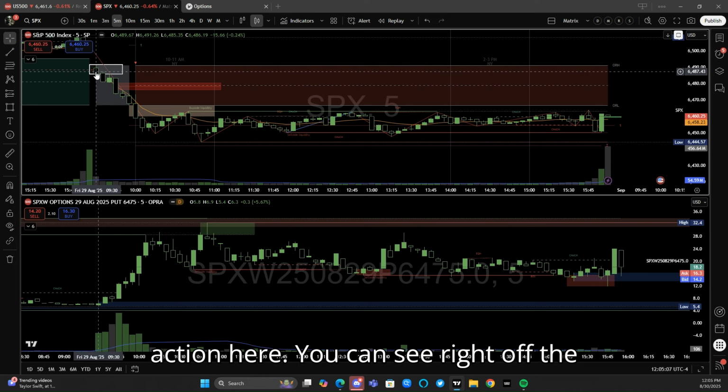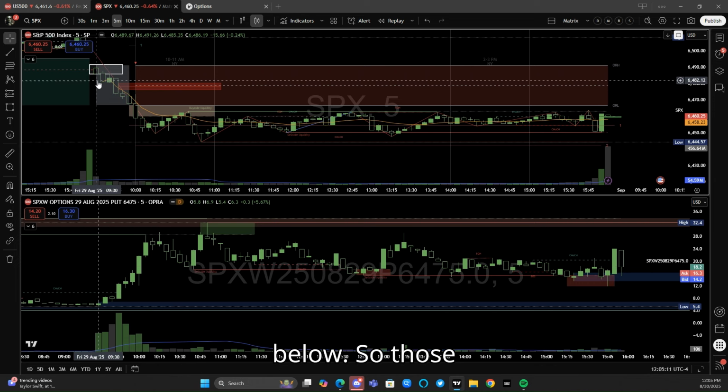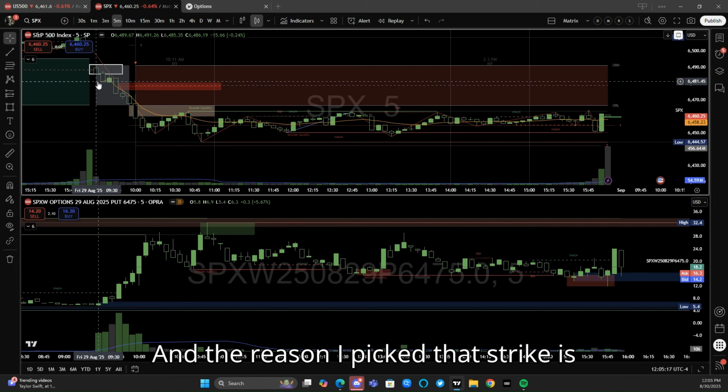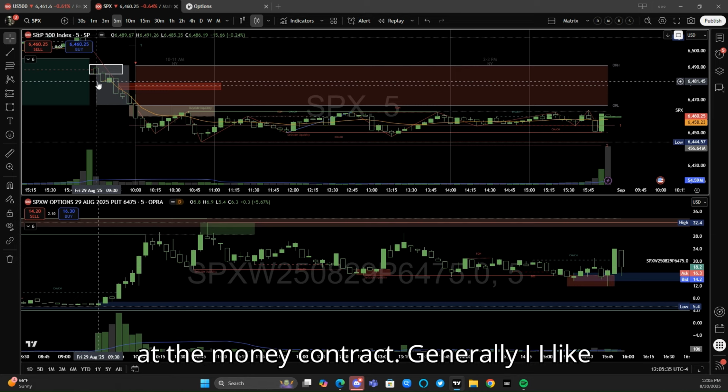You can see right off the open, I have these contracts up below us. Those 6475 puts. The reason I picked that strike is because that's one strike below our key support level. So 6477 is our support. So if we're going to get a move below our key support, I want to play an at the money